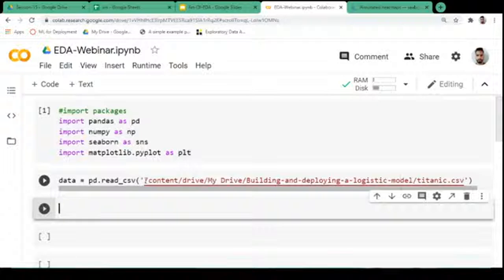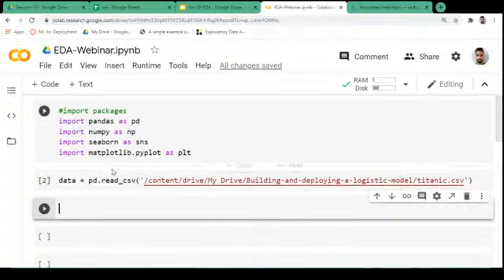Alright guys, so we have read our data. Now before moving forward, or before even moving to your Jupyter notebook, you should know your data set well. What are your features and all those stuffs. So you have to prepare a data dictionary for that. Let's say here we are using this